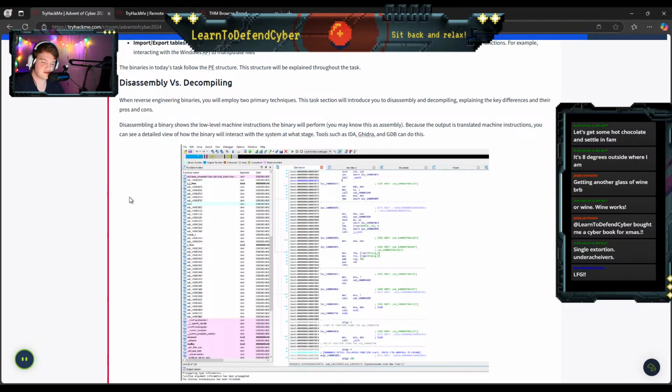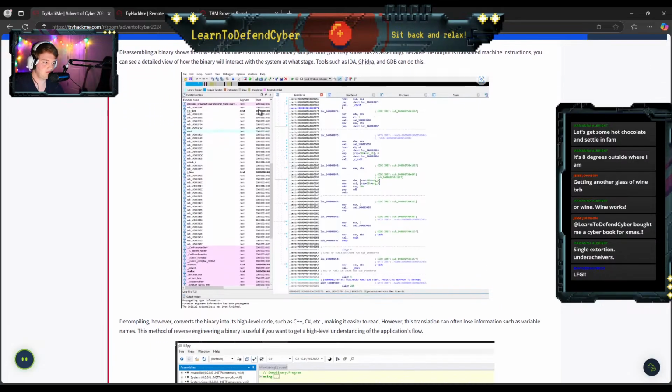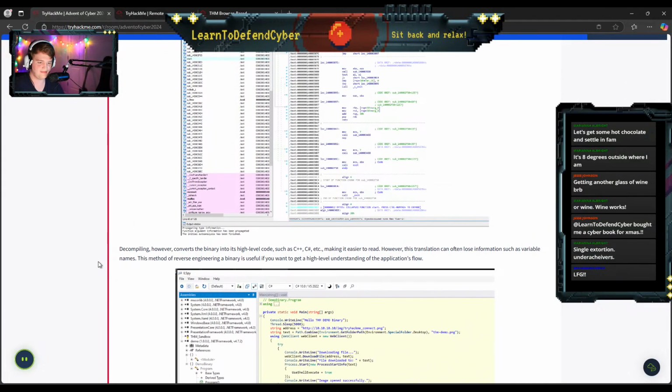But Josh Stroheim, whose last name I can never say, Cyber Yeti, great for learning reverse engineering. So tools such as IDA, Ghidra, and GDB. I've used IDA, I've used Ghidra, I have not used GDB. All very good. And I also got recommended a tool by a friend that I would actually have to go look up the name because it's slipping my mind for whatever reason.